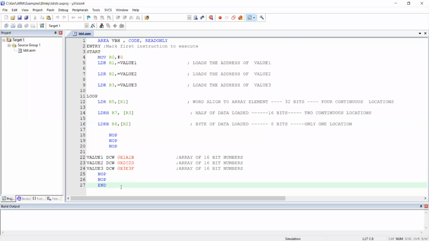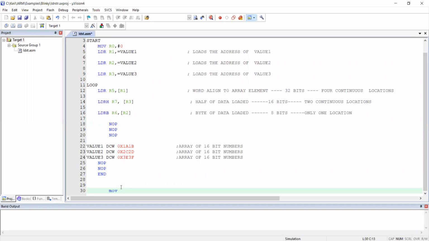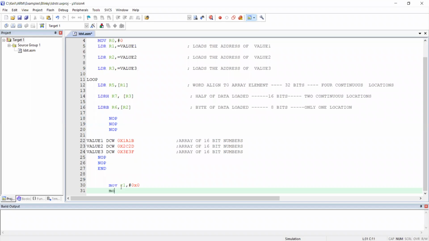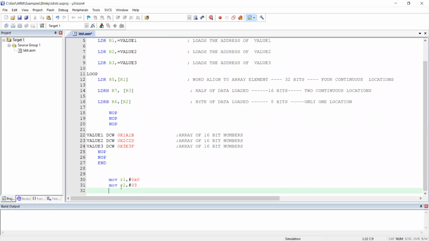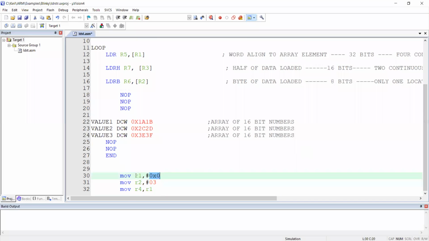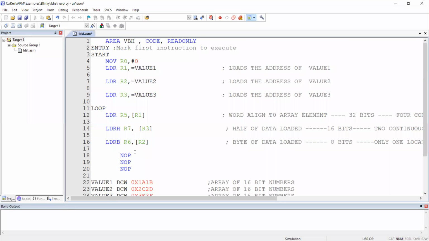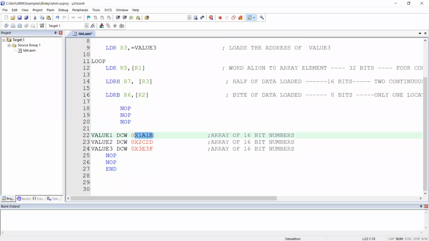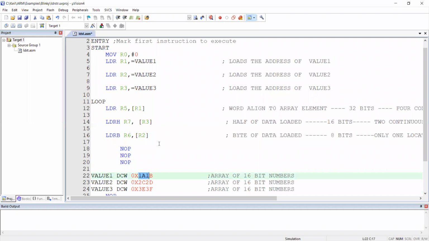What we did so far here, so far we have used move r1 comma hash 0x0, or we have used move r2 comma hash 03, or sometimes we have used move r4 comma r1. So what happens in these three lines is value 0 is copied to r1, value 3 is copied to r2, value of r1 is copied to r4, like this. So far values are directly known, but henceforth values are stored somewhere in the memory, that I want to fetch.